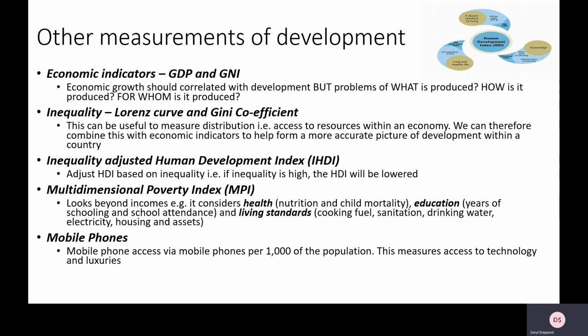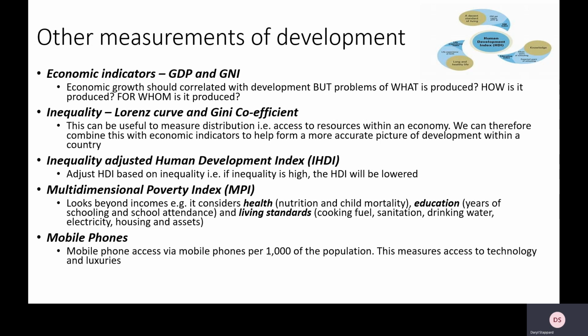And this will give us a rough idea of the absolute and relative poverty rates within an economy. We can also use the IHDI, which, as we said before, looks at the Human Development Index and factors in the level of inequality. We can look at something called the multi-dimensional poverty index, and this will look at all sorts of different statistics